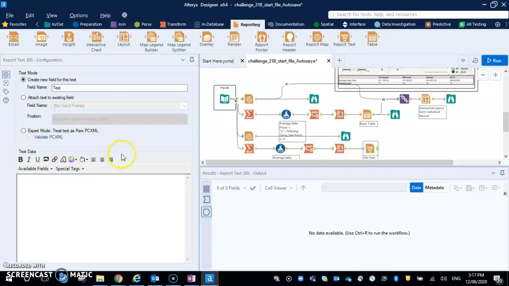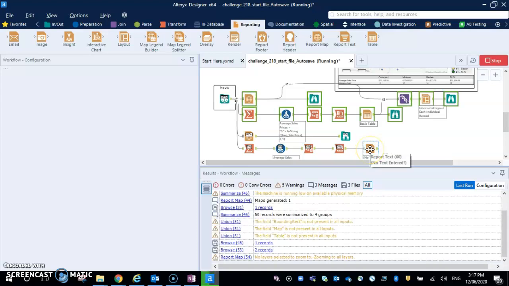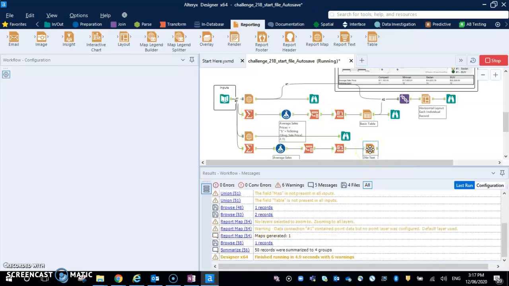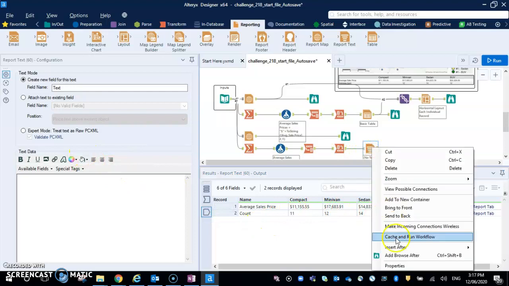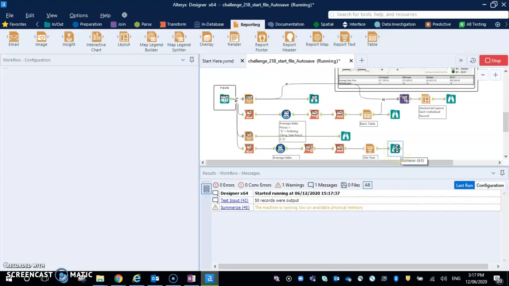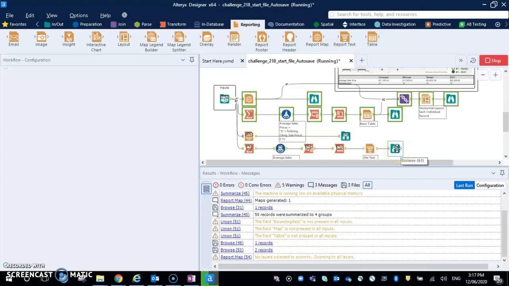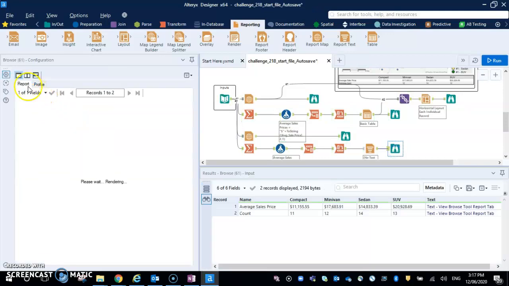Let's leave the default config, and you can see the table now. Let's add a browse tool, run. In the reporting, it should look the